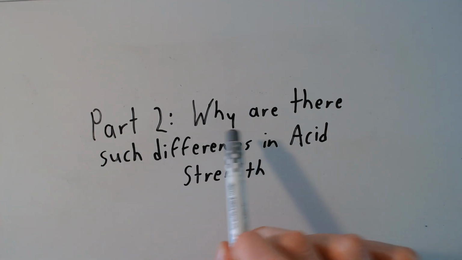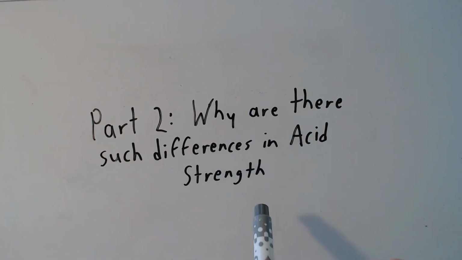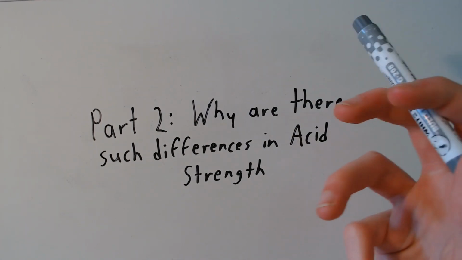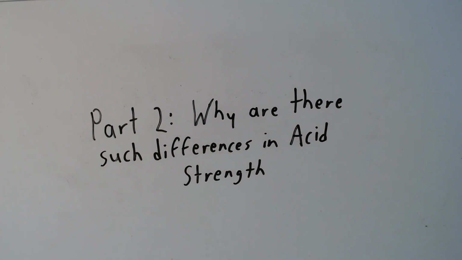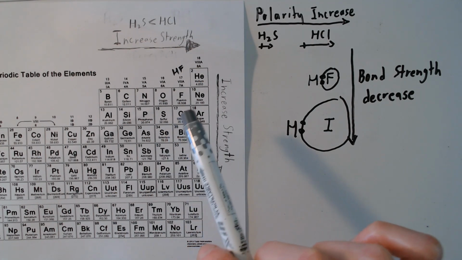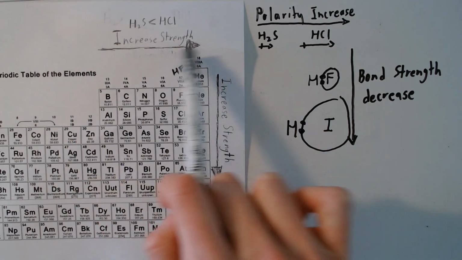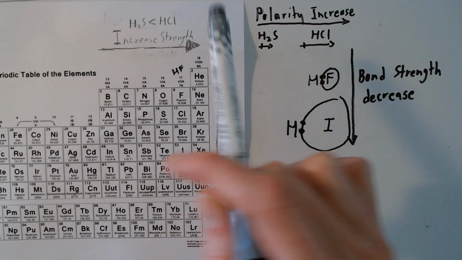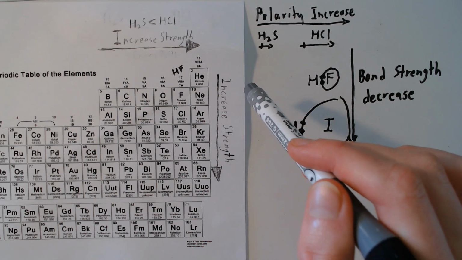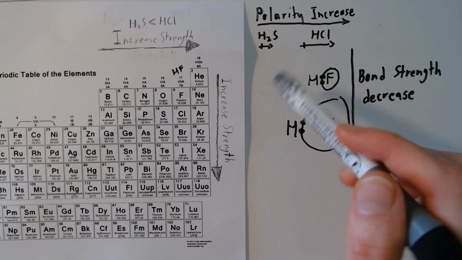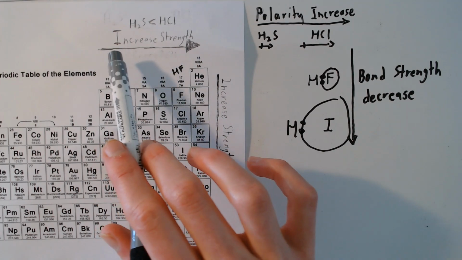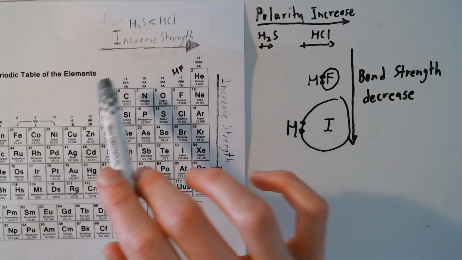Part 2. Why are there such differences in acid strength? Here I'll give a molecular and more chemical explanation of why we have these differences. So you might be asking why we have an increase in strength as we go across the periodic table and an increase in strength as we go down the periodic table for binary acids. Well, here's an explanation. As we go across the periodic table, we know from our periodic trends that the electronegativity